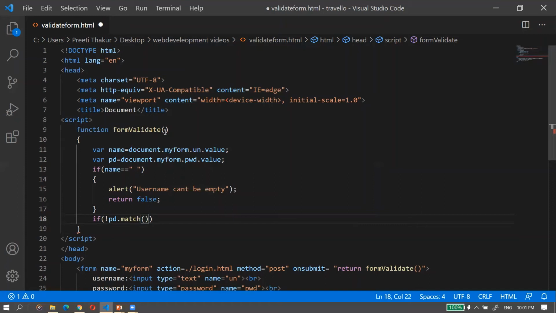So the regular expression I have to give is this. Although these kinds of expressions you need not worry about, you can find them out. Whatever expression you want to give, there are many tutorial sites from where you can copy it. No issues.